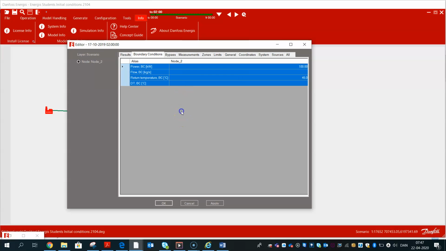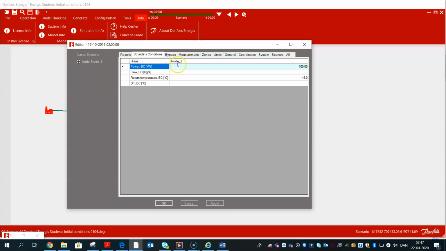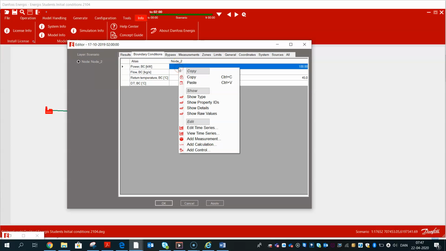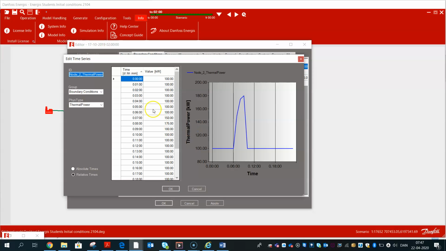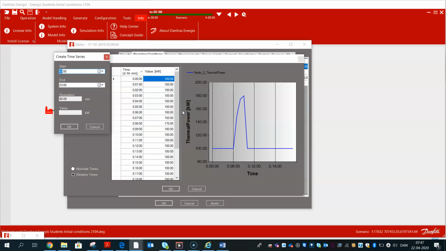Then I'll add a time series. I guess it's here. Well, add time series. So I actually put one in, but it didn't work for me until I used this one here, create by value. So it's 100 kilowatts,